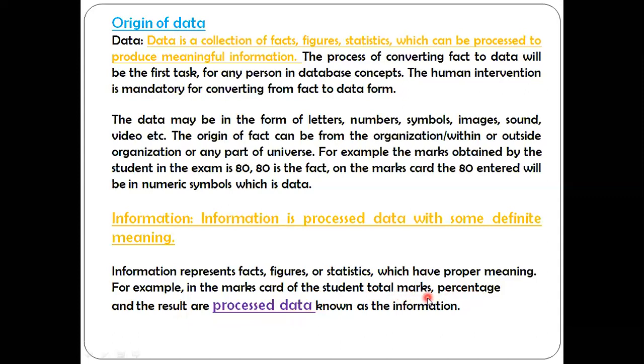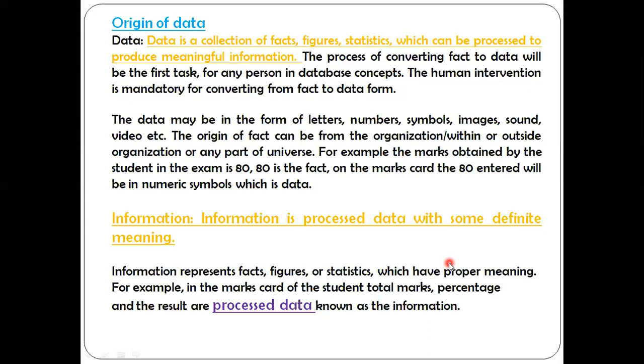Total marks and percentage. See this, how do you get total marks? We have got so and so marks in one subject: 80, 70, 60, 80, 90. These are all the raw data, a raw material. 80 is secured, 70 is secured, 75 is secured in one subject, and 92 is secured in another subject. These are all the raw data. What we have done is process it by adding all 6 subject marks: 80 plus 70 plus 75 plus 90 plus 92 plus 95.